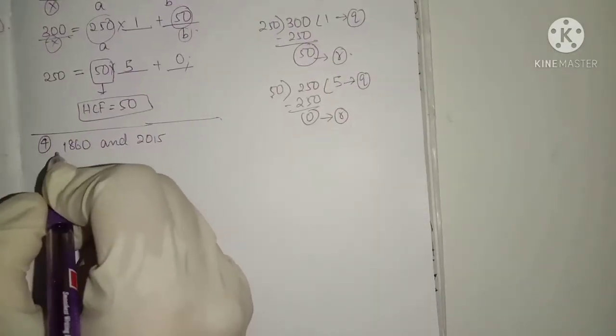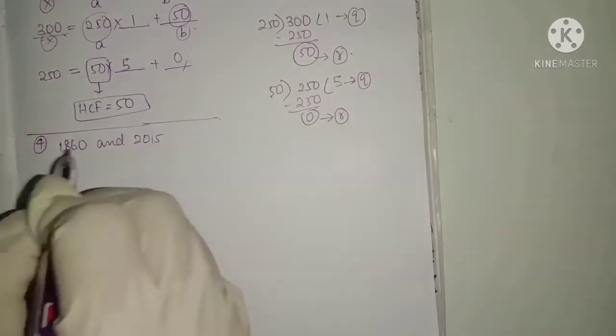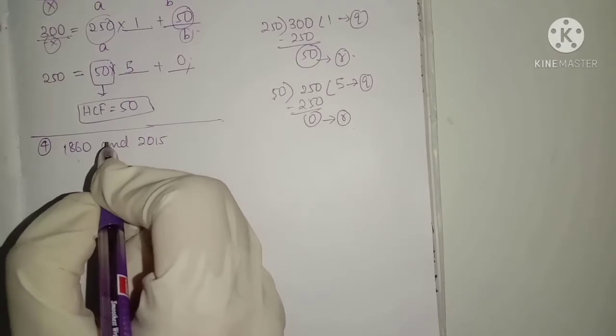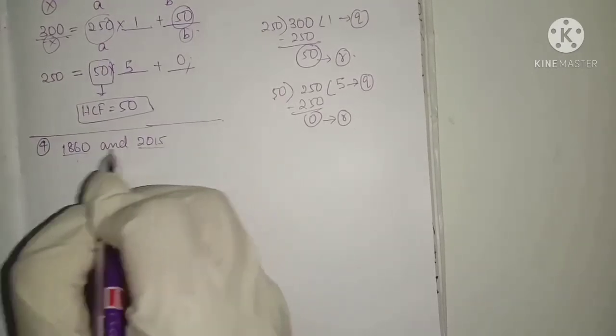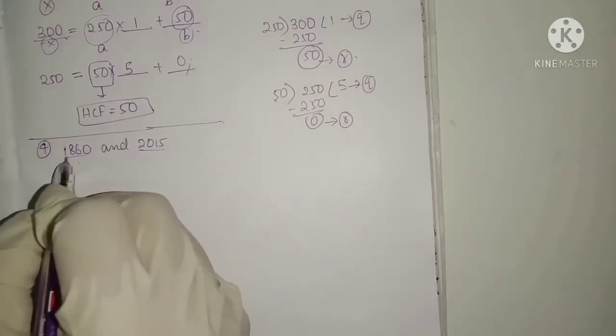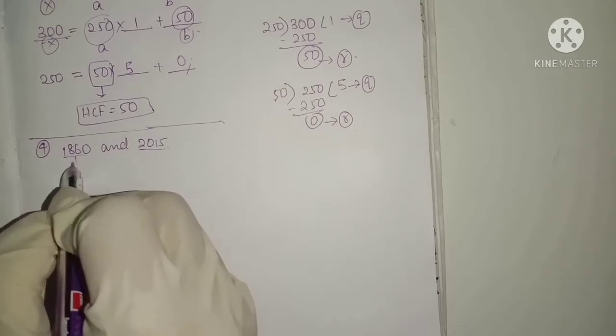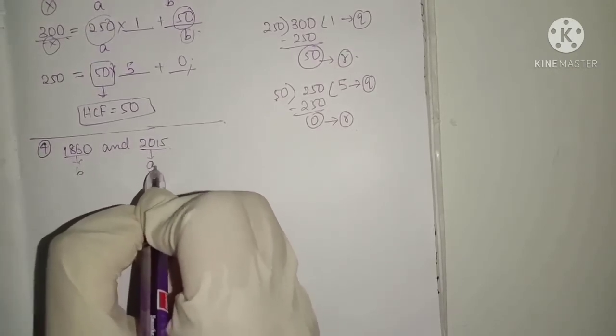I hope you got clarity. So again we are going to do it. We are going to repeat this so that you can understand what to do when big numbers are given. So again the smaller number here. So this is 2000 and this is 1000. So the smaller one is this one. So take it as B. The greater number is this. So take it as A.